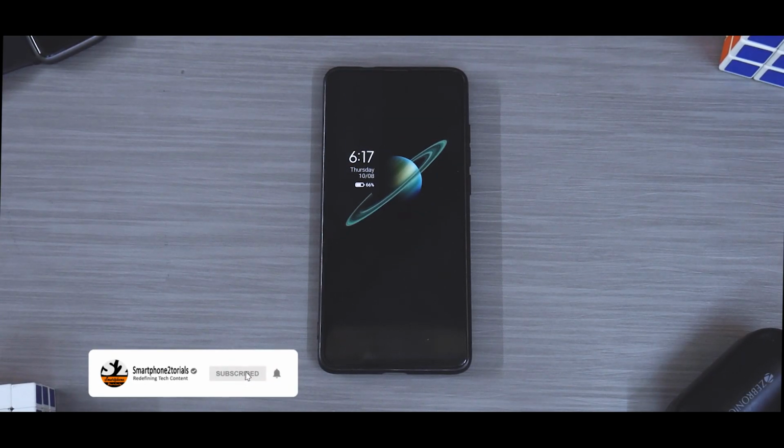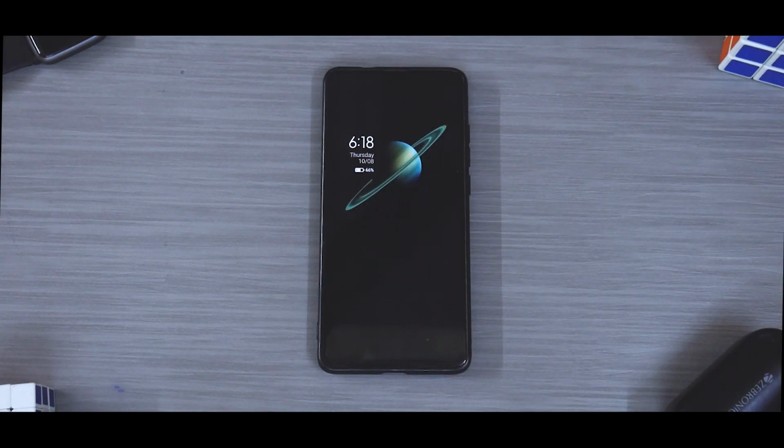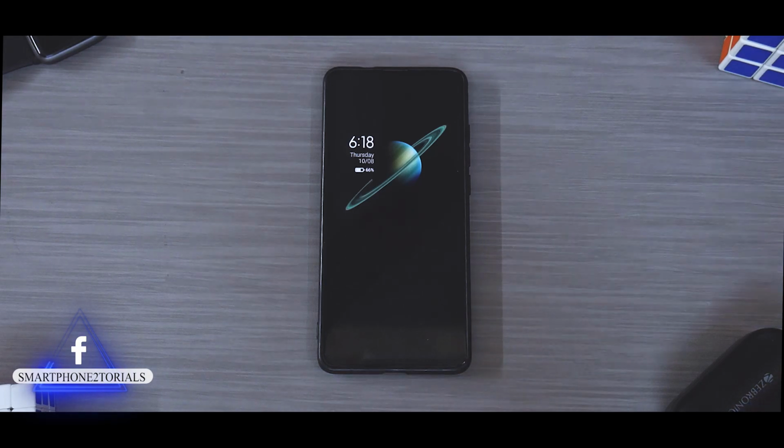Hey guys, welcome to another video, and today we're gonna have a look at Xiaomi.eu. Now, coincidentally or not, this is the first MIUI based custom ROM that we're gonna cover for the K20